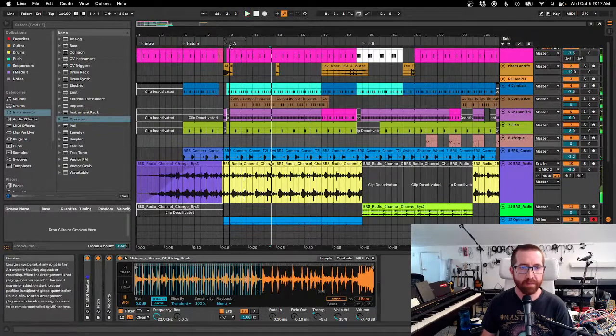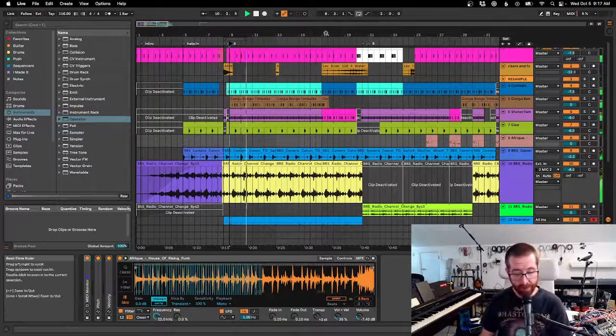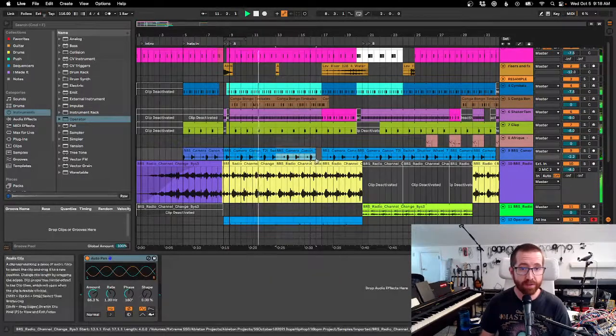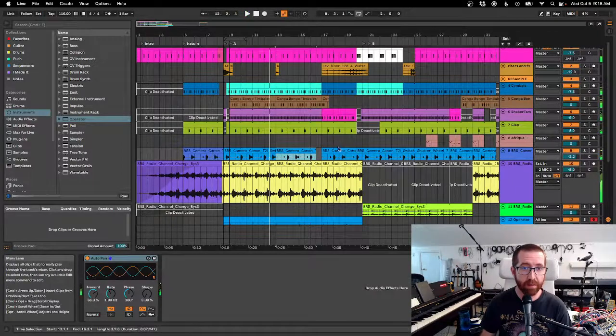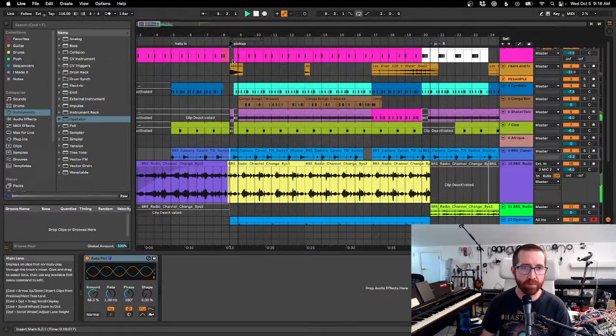Yeah. What do we got here? I guess maybe we just duplicate this section for now and then start adding variation within it. Let's see. So